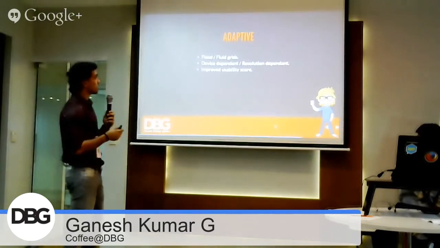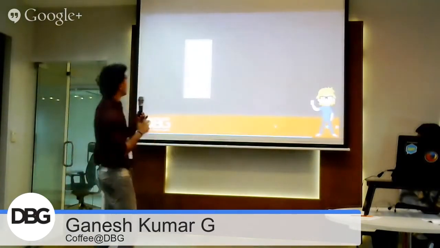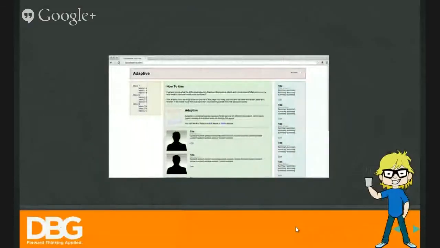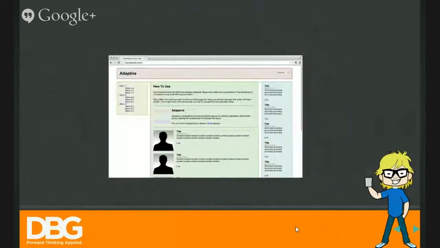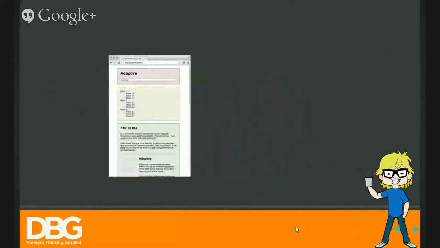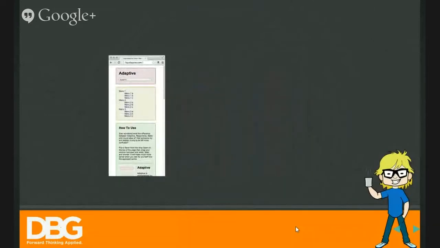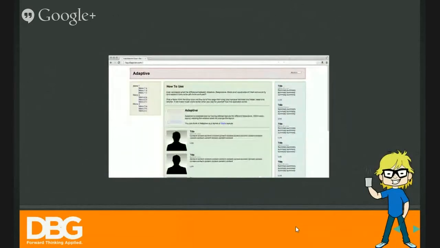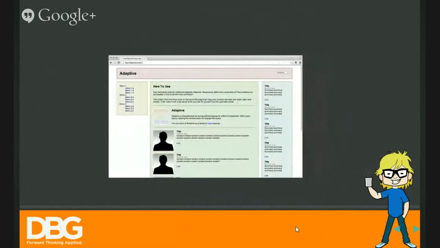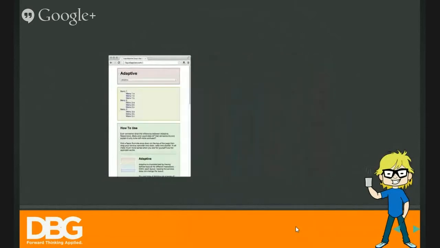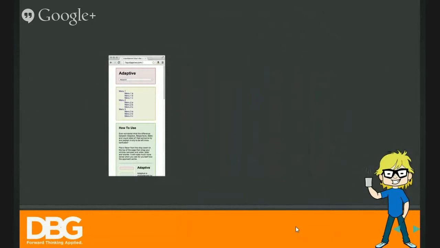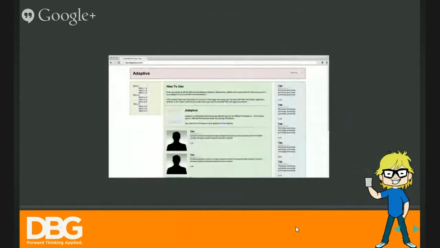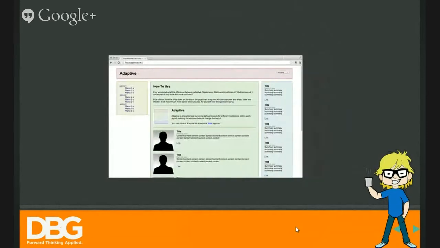This is an example. Adaptive uses specific resolutions in specific screen sizes. It means it will change its layout at specific intervals of resolutions. Sudden change to the layout. You can check that. A sudden change. Its layout changes only when the screen resolution comes to another resolution.